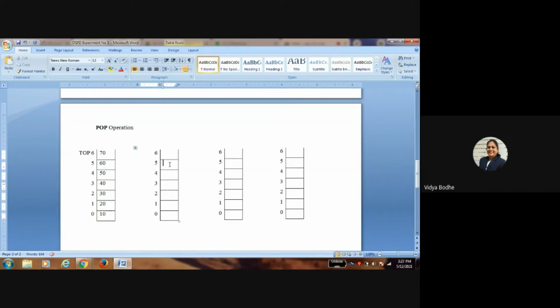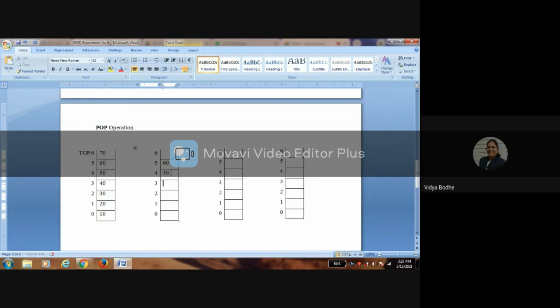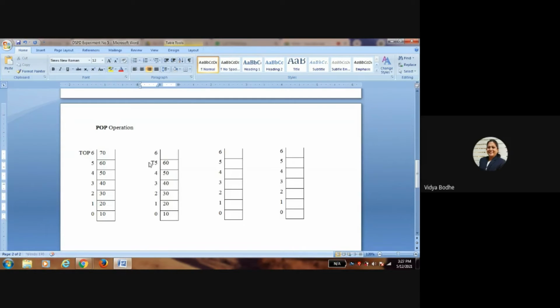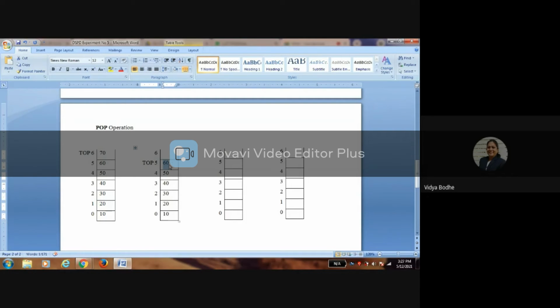That will be now at position 5. Top is at position 5. Next, at the top there is 60 and 60 will be deleted and top will be decreased to 4.